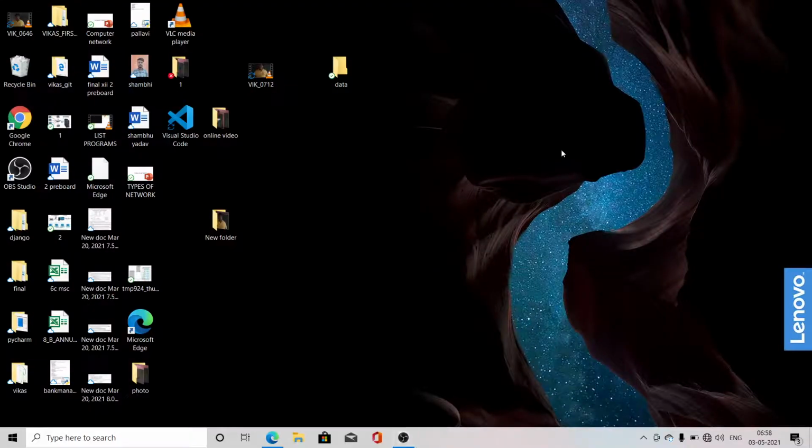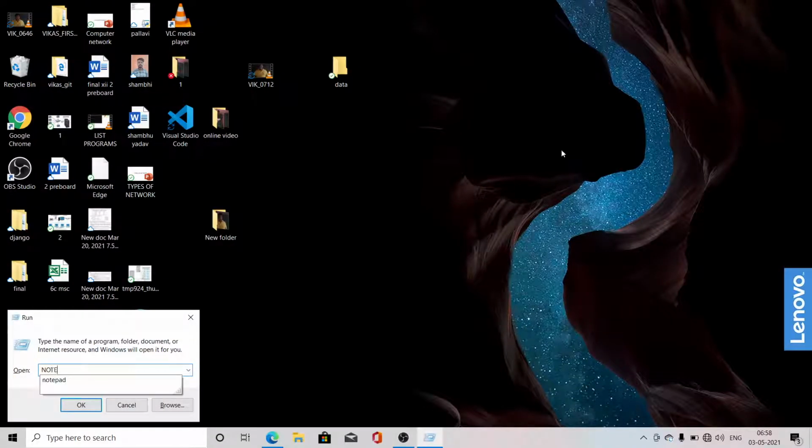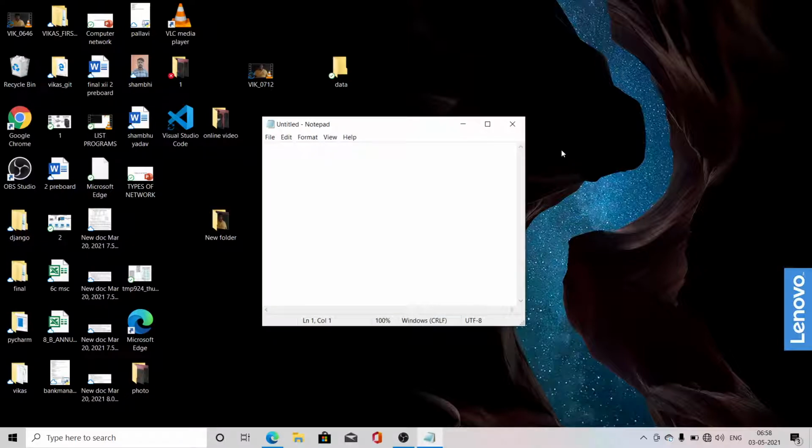Look, suppose I have opened Notepad here. The first thing we are going to see is how to resize your window very fast with the help of the mouse, and how we can make it fill our screen in a faster way. For example, this is a Notepad, it is in a minimized format. If we want it to come to the maximized format, we have to do a few little steps. What are the little steps?